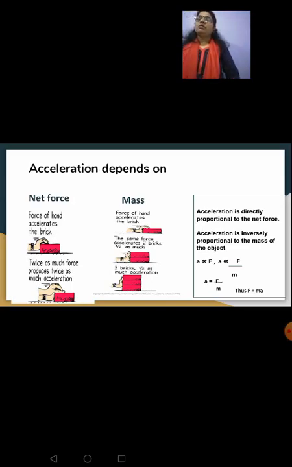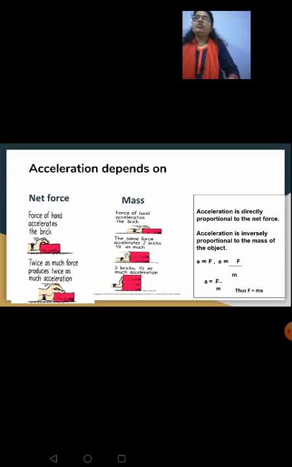Now, with reference to mass, consider the same bricks. See, the force of the hand on the brick accelerates the brick. Suppose you use 2 bricks and apply the same amount of force, what will happen? The acceleration will be reduced to half. When the mass increases and you apply the same amount of force, obviously the acceleration will not be that much. With the force that you had applied on 1 brick, when you apply the same amount of force on 2 bricks, the acceleration produced will be less because the mass is increased.